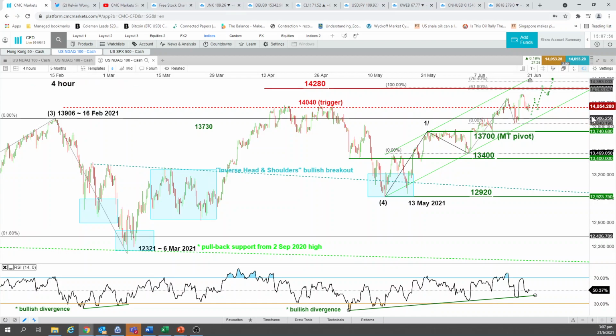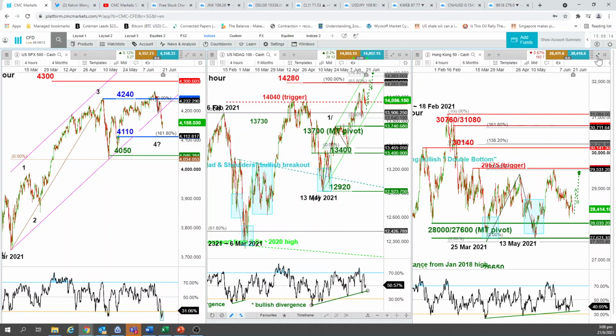So overall, if you look at it over here, it's a very clear kind of ongoing outperformance that is unfolding for the tech space in US. Okay, which is, as you all know, that Nasdaq 100 is actually heavily weighted towards the technology stocks. Okay, now, going on to the Asia will be Hong Kong 50 or the Hang Seng Index.